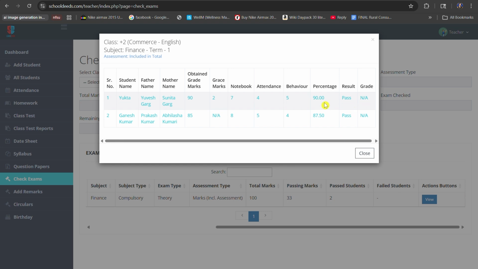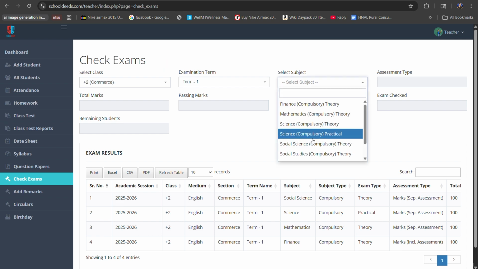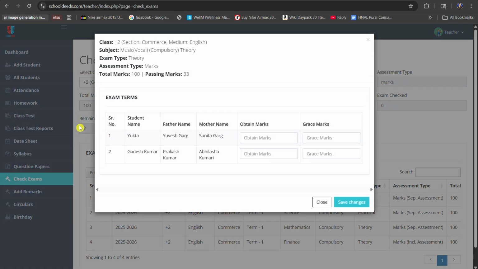Next up, you can fill in the details as I have done. You need to follow the same steps and select the different subjects and enter all of the marks of the students. It gives you all of the information. For example, here, since we have not entered any details, you can see remaining is 2. But as soon as we enter the marks of one student, it shows remaining 1. Perfect. Now we are going to enter these marks as well and we'll save the changes.